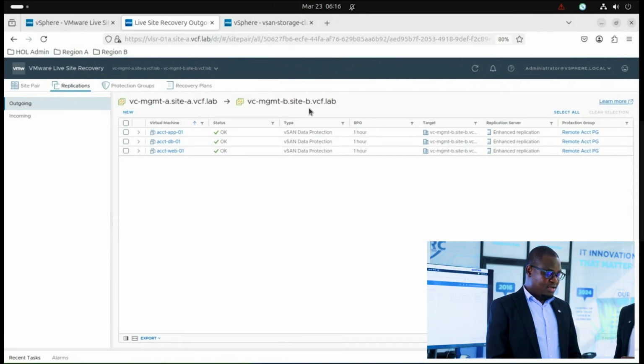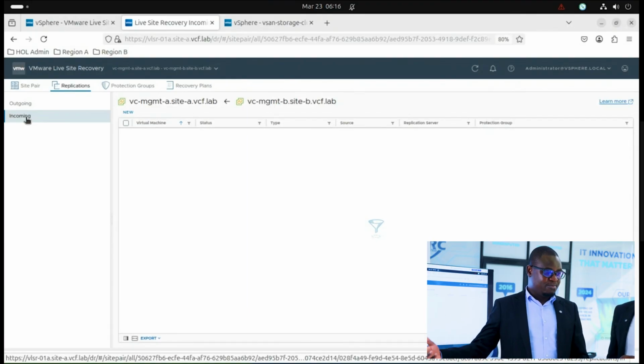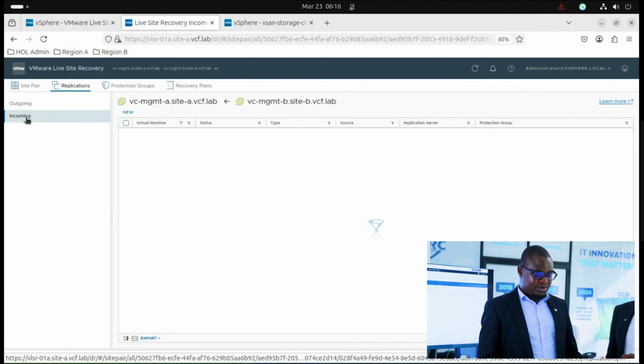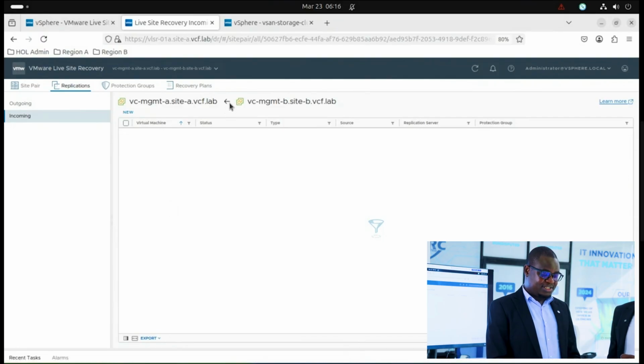If we go to incoming, it's the opposite. This can work in any direction. You can have some workloads moving in one direction while other workloads are moving in the opposite direction. If we say incoming, it means now the arrow has changed. We are moving from B going to A. As of now, we don't have anything in this window. Going back here,